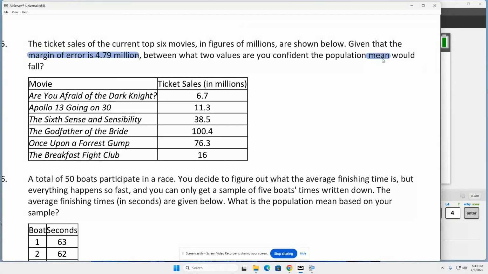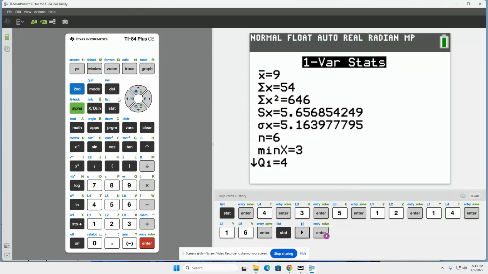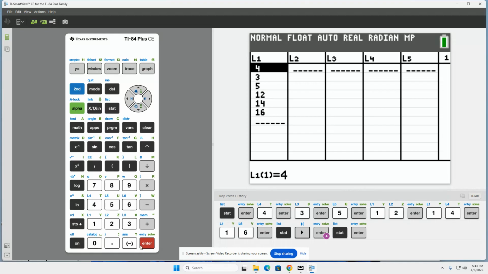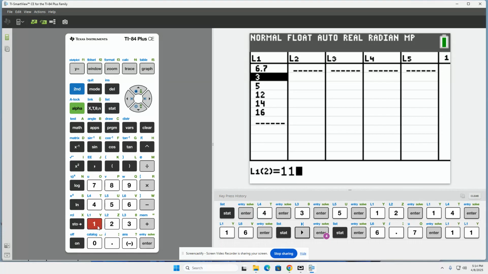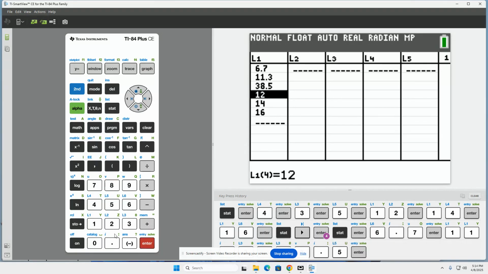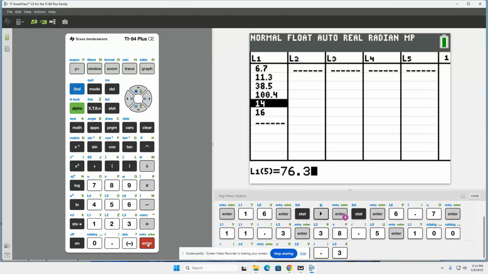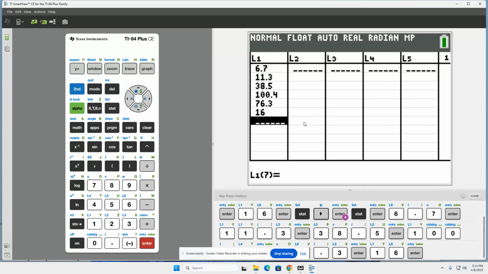So again, in this case, different than the last problem, we actually have to find the mean. So here we go. I'm going to go back to stat edit, and I'm just going to cover up. Okay, you could delete, but I'm going to cover up. So 6.7, 11.3, 38.5, 100.4, and this is a crazy range, 76.3, and it just so happens we have the exact same number of numbers, so here we have them all